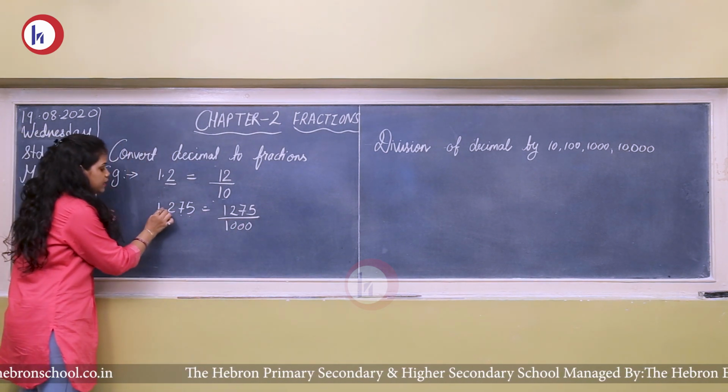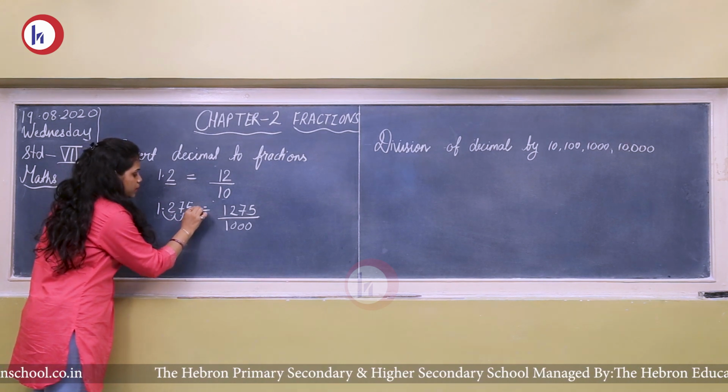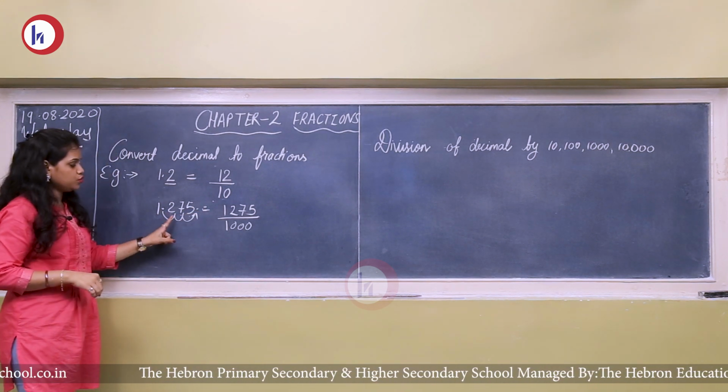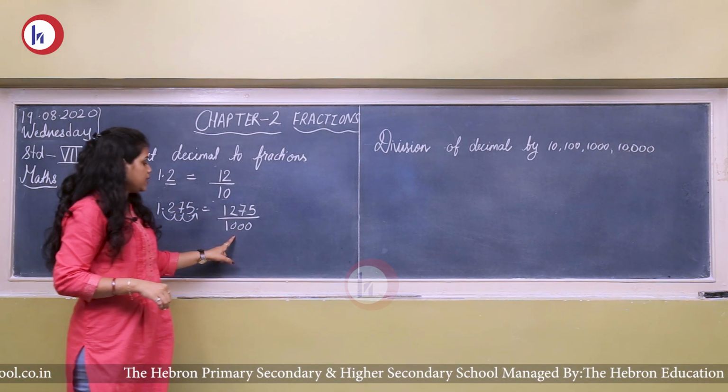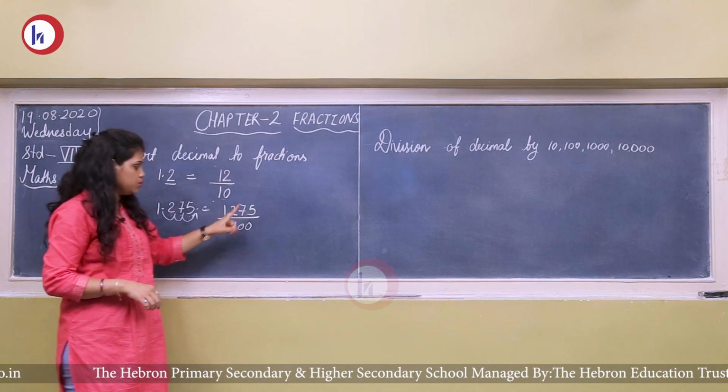So you can see that your decimal is shifting 1, 2 and 3. Your decimal has come here. So 3 places shift हुआ. इसके लिए आप 3 zeros रखेंगे, जो multiplication का rule हमने देखा था उसी हिसाब से.